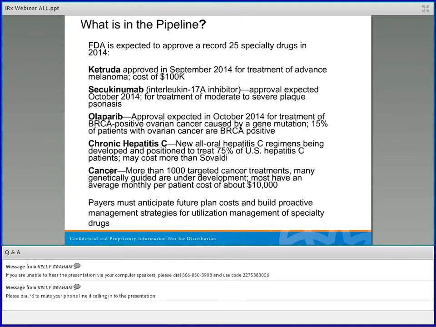So, when you think about what's in the pipeline, it's really going to be important from a management perspective to say, right, what's coming on down the pipe? How can I manage these costs? What do I want to do from a plan design perspective to help control some of that stuff? As Michael was mentioning with the hepatitis C drug Sovaldi, a lot of times the people can be asymptomatic from it. So unless you're really in phase 3 or phase 4 of the disease, you may not want to pay to have this person get Harvoni or Sovaldi.